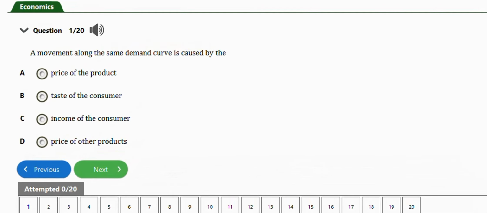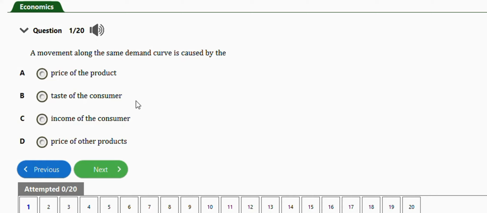In this video, we are going to learn how to solve JAMB economics problems under theory of demand. So we are going to focus on the subtopic determinants of demand. We are going to practice with about 18 to 20 questions for this subtopic. Let's get started. The first question says a movement along the same demand curve is caused by